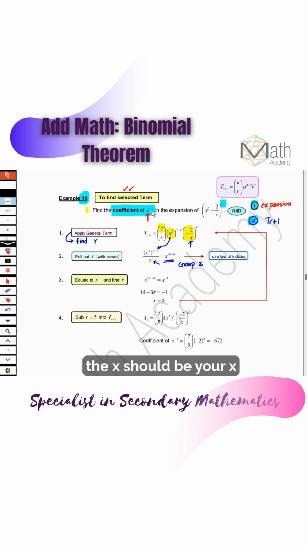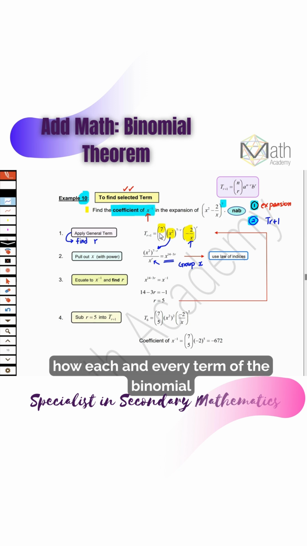Now the x should be your x negative 1. Remember, this format is how each and every term of the binomial expansion looks like. I'm going to go for the x power negative 1. So whatever that you have found earlier on, you have to equate to the required term. So when we say equate